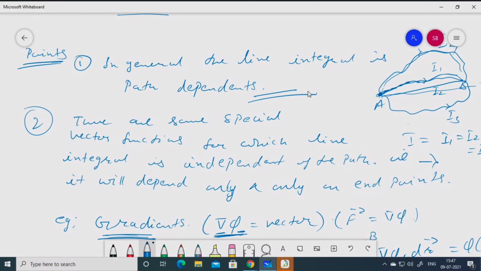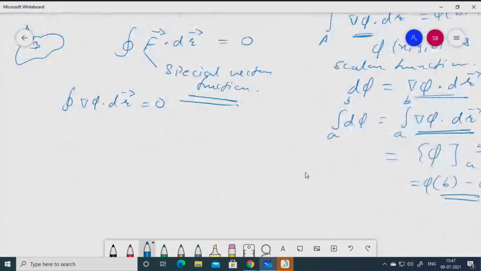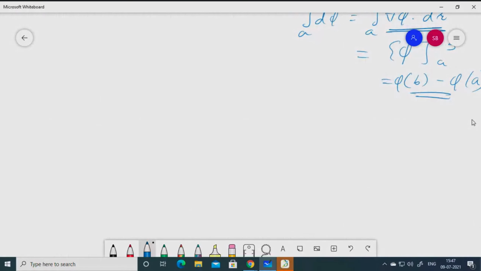Is it clear, all of you? Now let us see a few applications of the line integral, where we are actually applying them. Depending upon your vector function, f bar can be any vector. It can be a force vector acting on a particle moving on an arc. It can be a velocity vector. It can be something else also. So depending upon what your vector is, we will define our application.